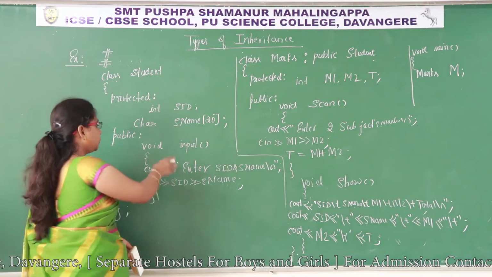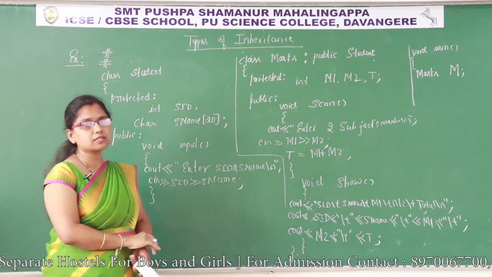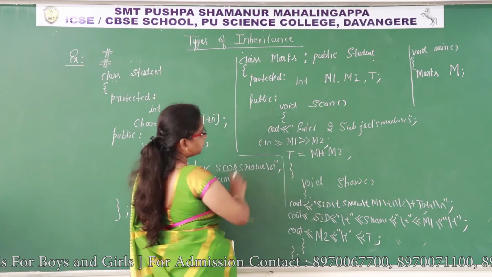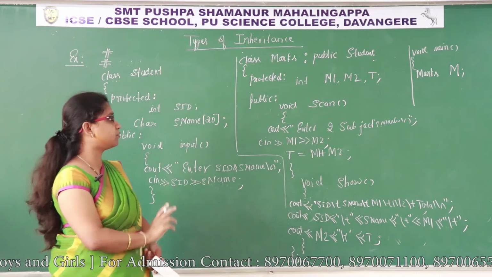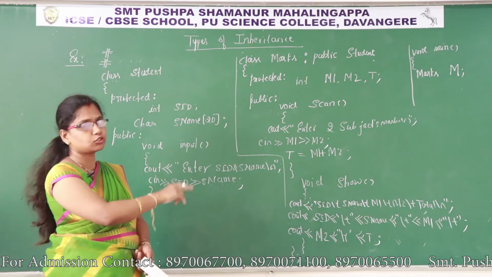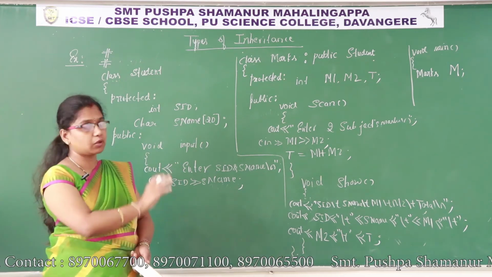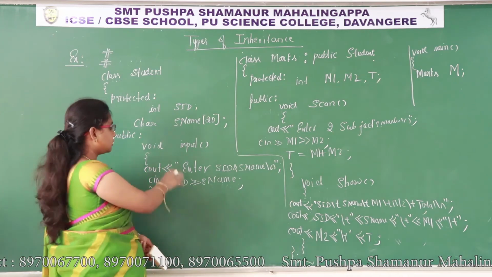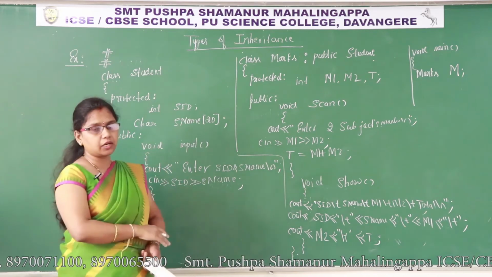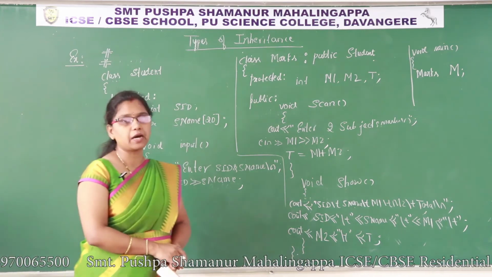Yes, because public members are inherited to the public section of the derived class, because the visibility mode is public. So these members come to the public section. Now the public section of the derived class has three member functions: input function, scan function and show function. Scan and show are the class's own functions, and input function is an inherited member, inherited from the base class to the derived class. So a total of 3 functions are there in the public section of the derived class marks.